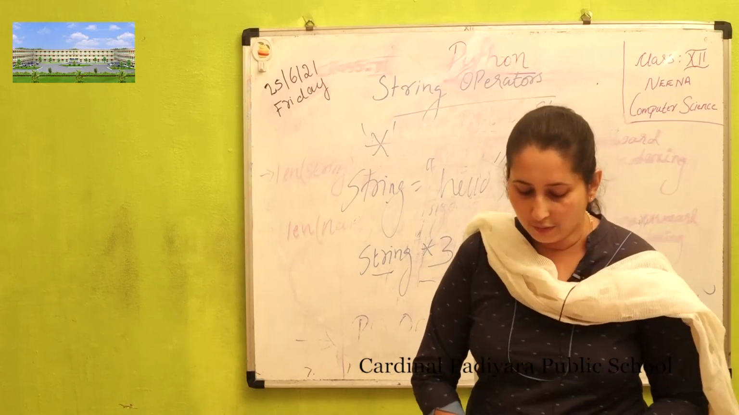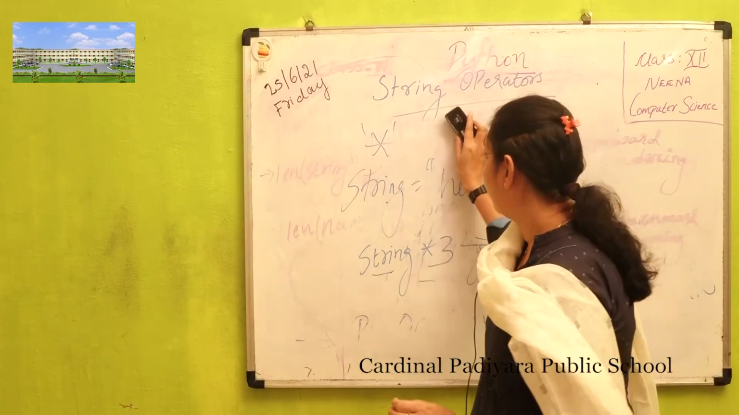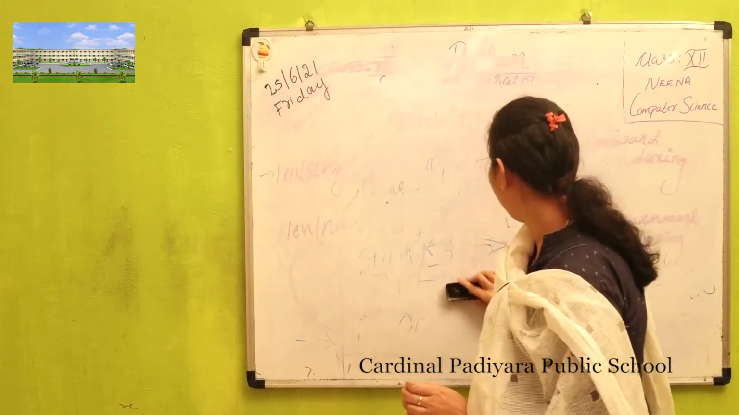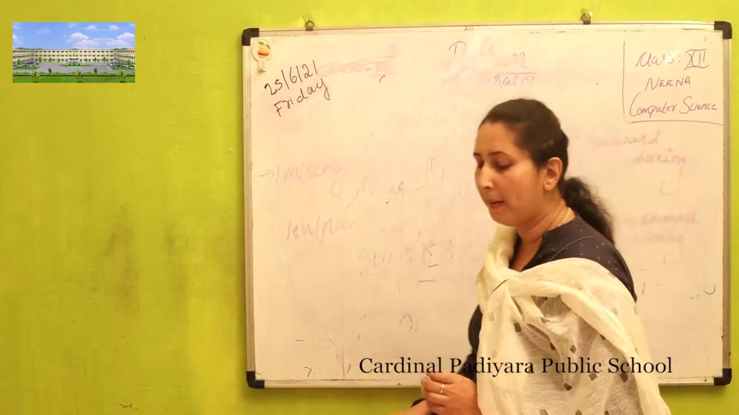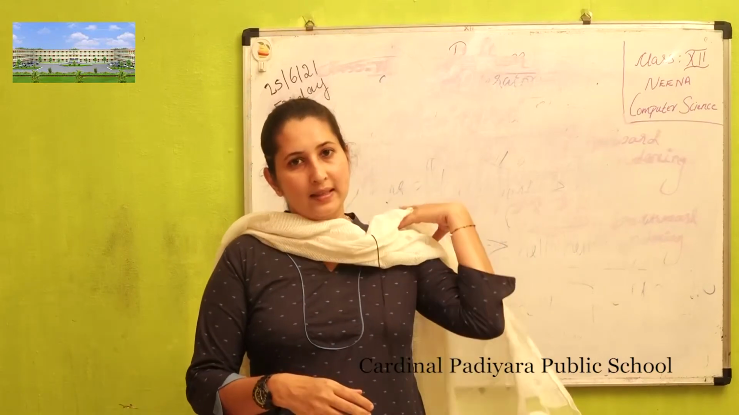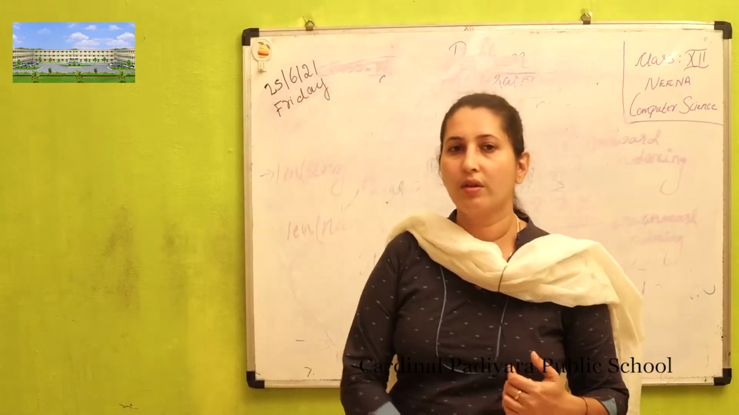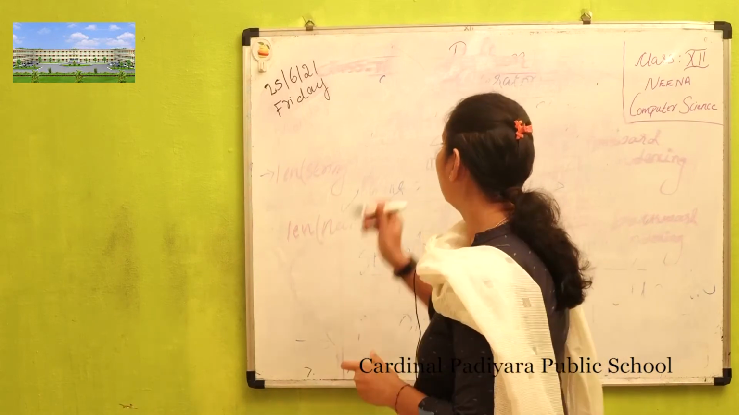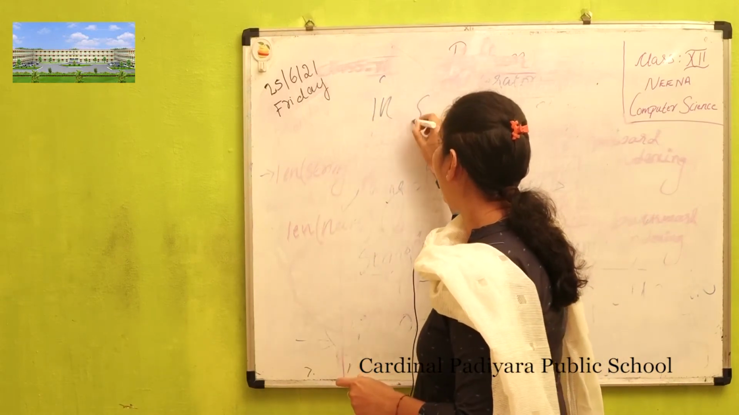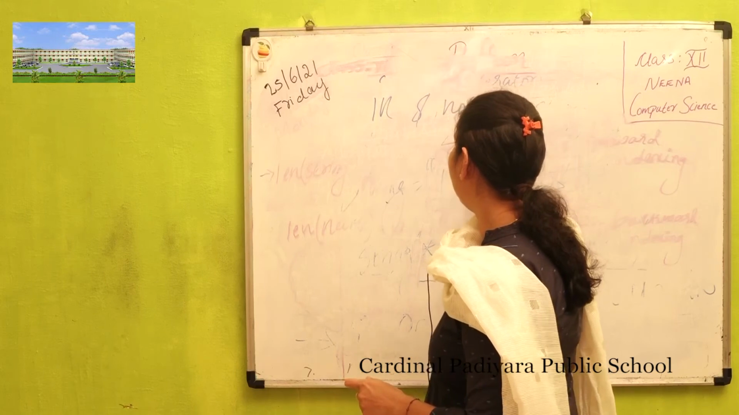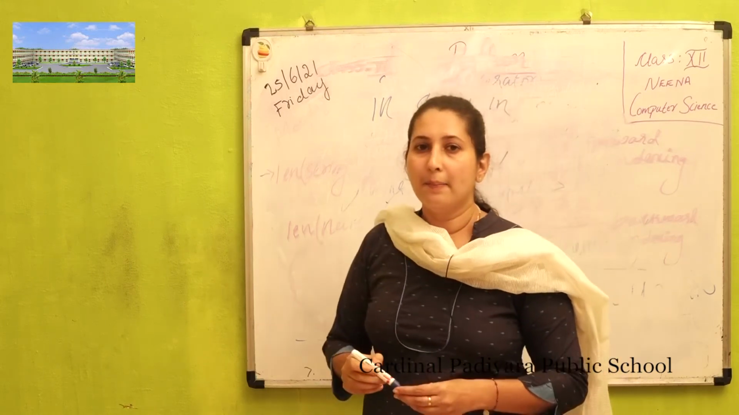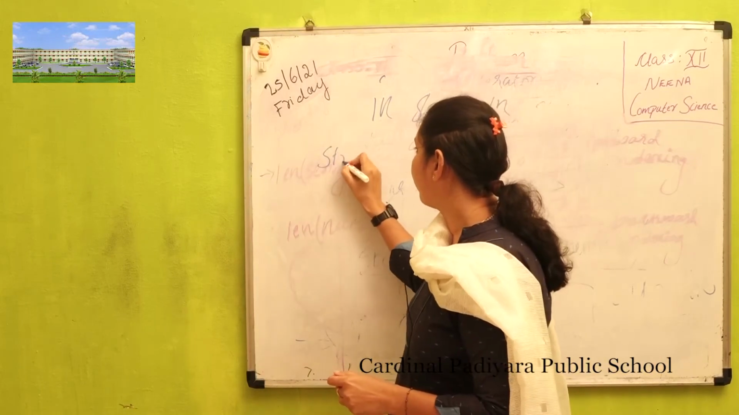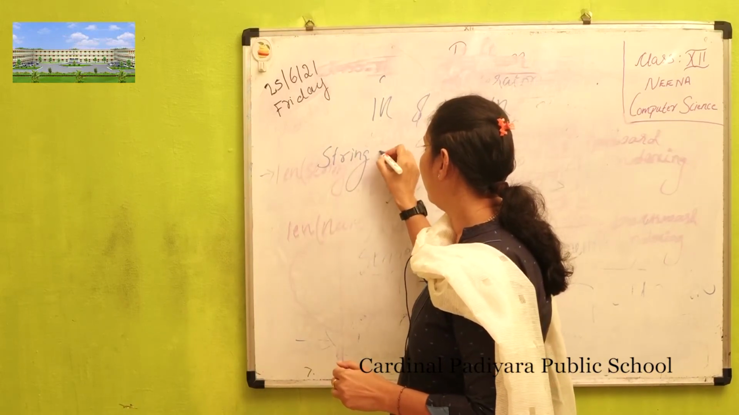So next one is membership operators. Membership means what? Whether that string is in or not in. The 2 main membership operators are in and not in. Here we can see an example. String equal to